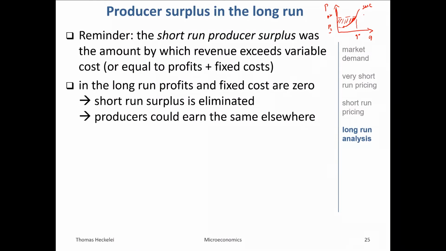However, now we have seen that in the long run profit is zero, and all costs can be treated as variable costs. So there's no fixed cost. Then will there still be producer surplus? That's a dilemma, at least to us at this point. Because short run surplus was profit and fixed costs, and now they're zero, so no more. Consequently, producers would be indifferent to any industry. That's what we're thinking about.